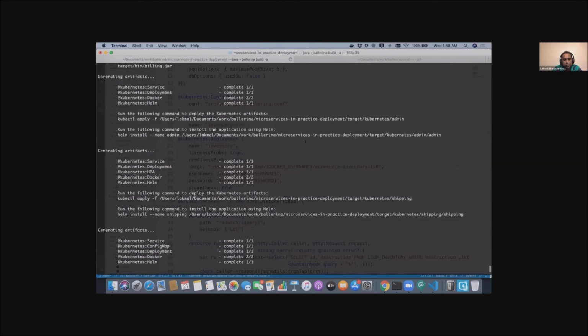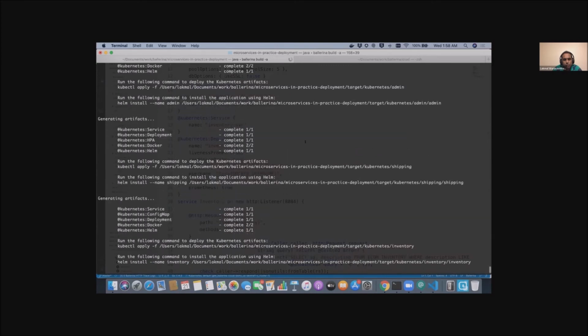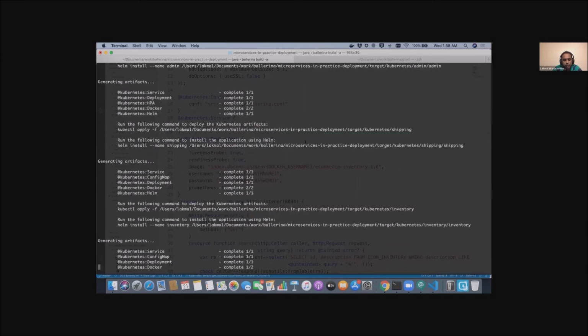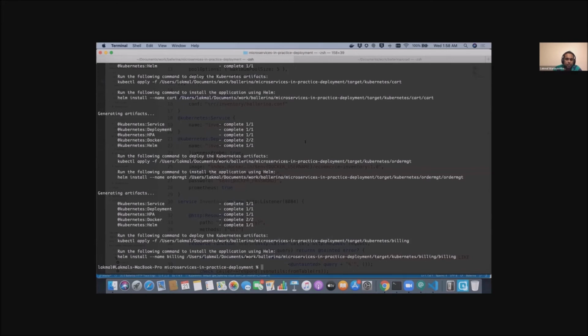So it has generated 1, 2, 3, 4, 2 more to go. At this time it will generate the artifacts, and also push the Docker images into the registry. Okay, it's done.